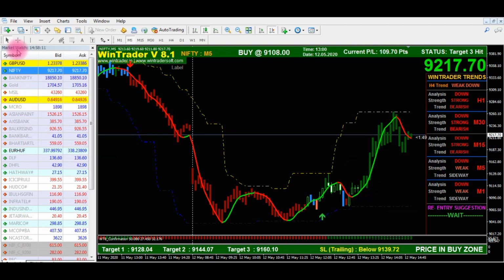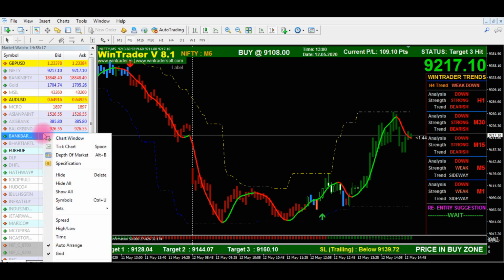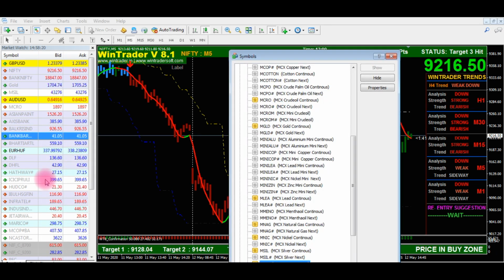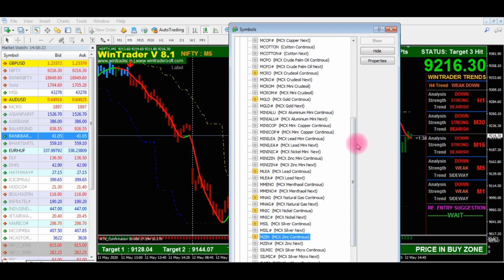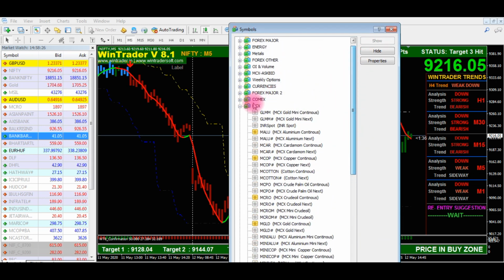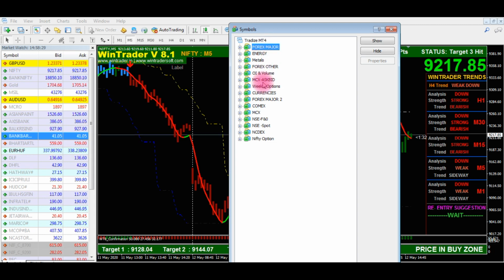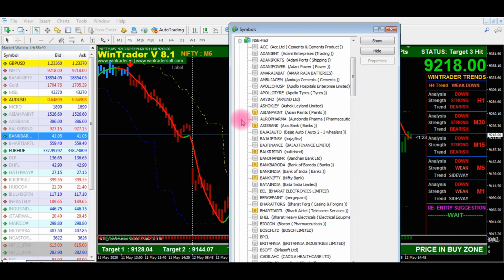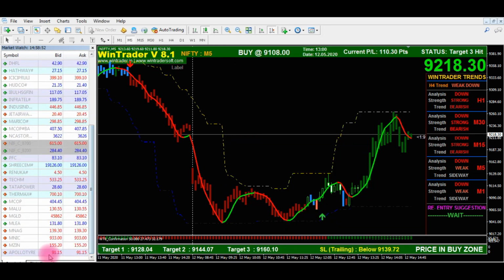You can add all the charts. This is the market watch, on the left side. Once you add scripts in market watch, for adding scripts just right click here and select symbols. There you can see all the symbols: MCX, NSE, NCDEX, all will be there, including Forex, COMEX, MCX, NSE F&O, NSE Spot cash, NCDS, Nifty options, all. Just select the one you need. If you want MCX, select MCX, and if NSE, from NSE just double click the script and it will be added to market watch. Once you double click, it will show in golden color, and that script you can see on market watch here.